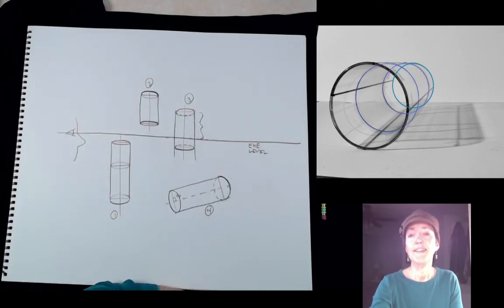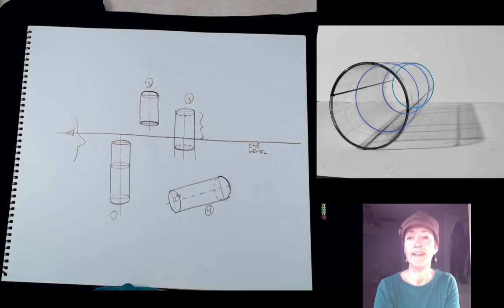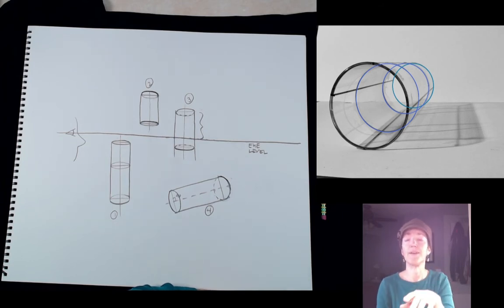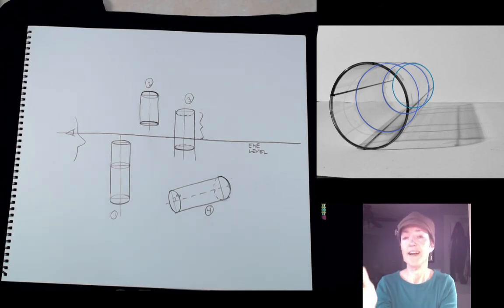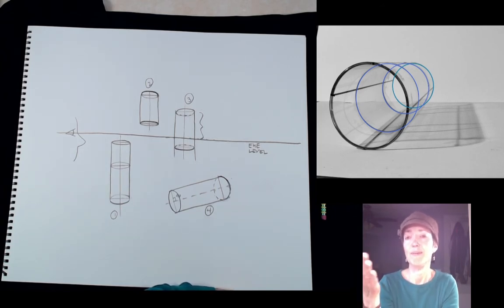All right, now I've darkened in the other ellipses, so I want you to notice that these ellipses all need to be drawn in on this object. If you see, this one has pinstriping around it, but anywhere the object changes size, you're going to be adding an ellipse. So some of these objects, even though they seem fairly simple, you might be drawing 4 or 5 ellipses for a single object.